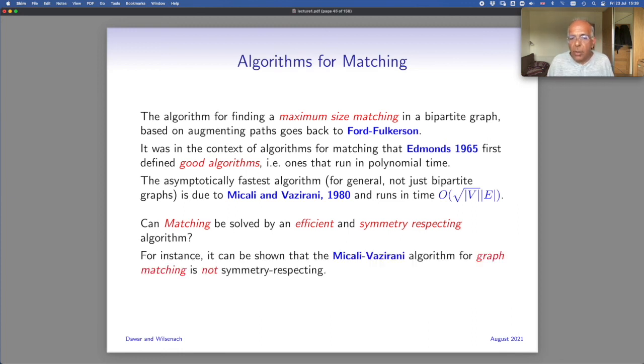And as I already alluded to, the Micali-Vazirani algorithm does not give you such a symmetry preserving efficient algorithm. It's interesting that after the 1980 paper by Micali and Vazirani, considered a major breakthrough in algorithmic graph theory, Vazirani published a follow-up paper, nearly 70 pages, in which he proved the correctness of the algorithm they had described. It's a very complicated proof which tries to show inductively that the data structures that the algorithm constructs satisfy certain properties